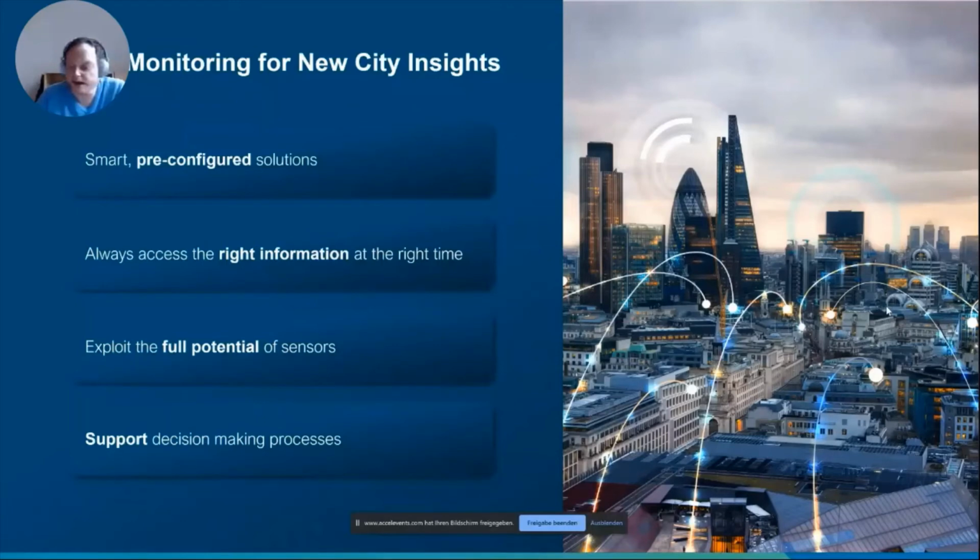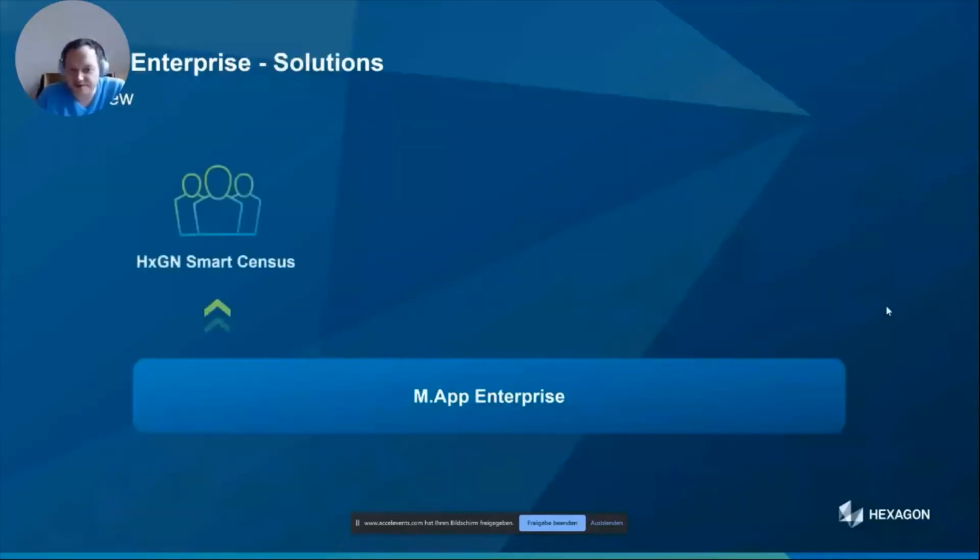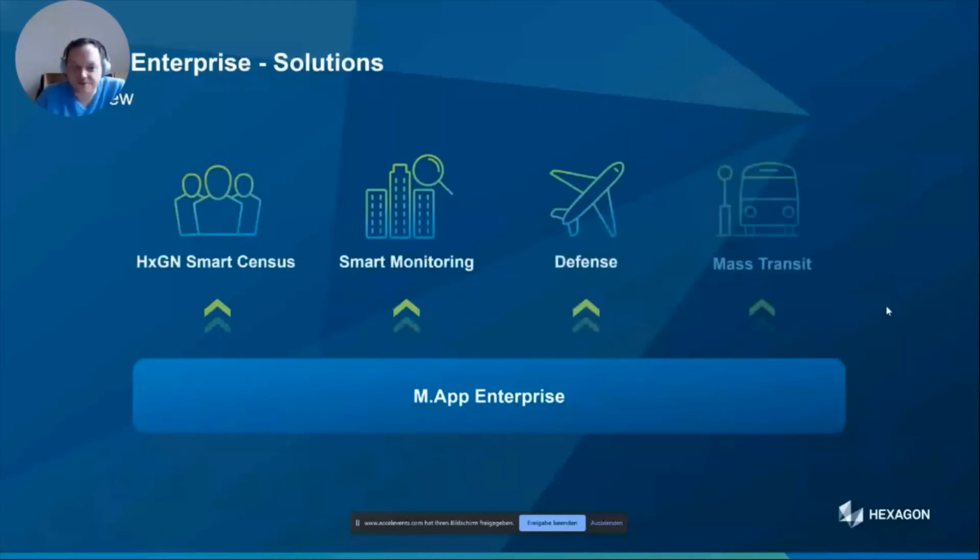As you can see, M.App Enterprise is really becoming a foundation also for vertical solutions across the different domains. About 2 years ago, we launched a solution called Hexagon Smart Sensors, which is used for doing the innovation of sensors within different countries, like Bulgaria, South Africa, Tanzania, just to name a few.